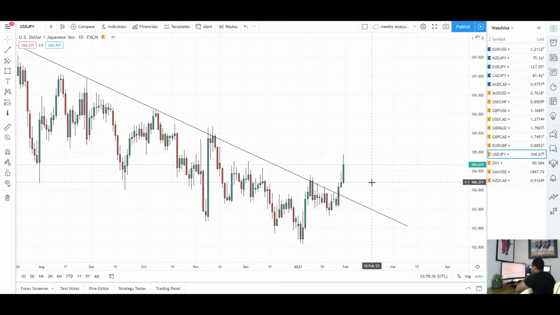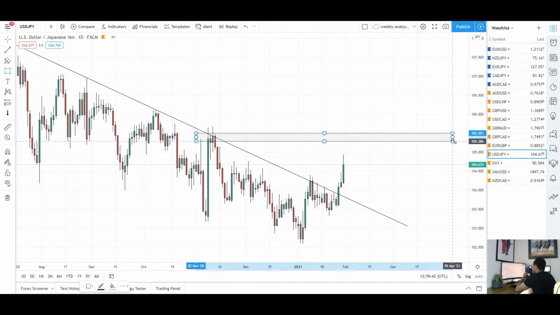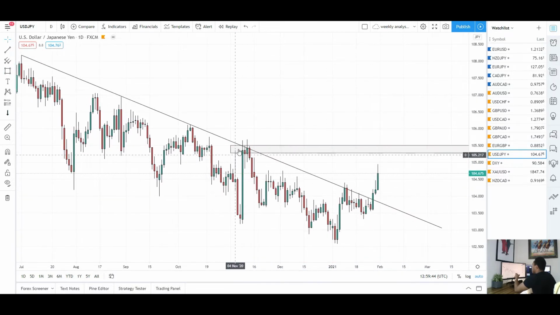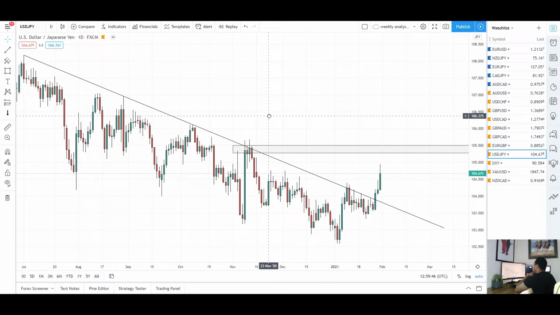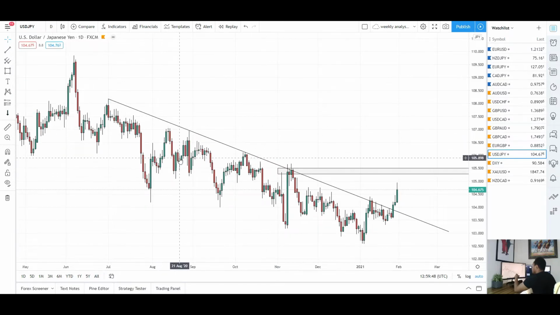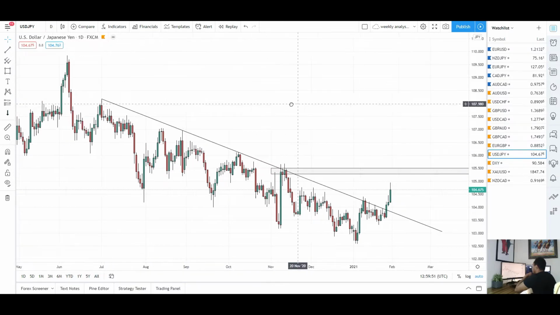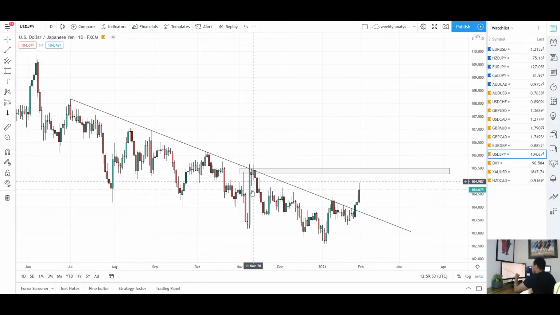As you can see, we're looking very bullish at this point. I do probably expect price to continue to the upside for USD JPY, back to this key level of resistance here. As you can see, this is kind of like our last major swing high in the market there. Every time we test this trend line, we fall to the downside quite sharply, and we